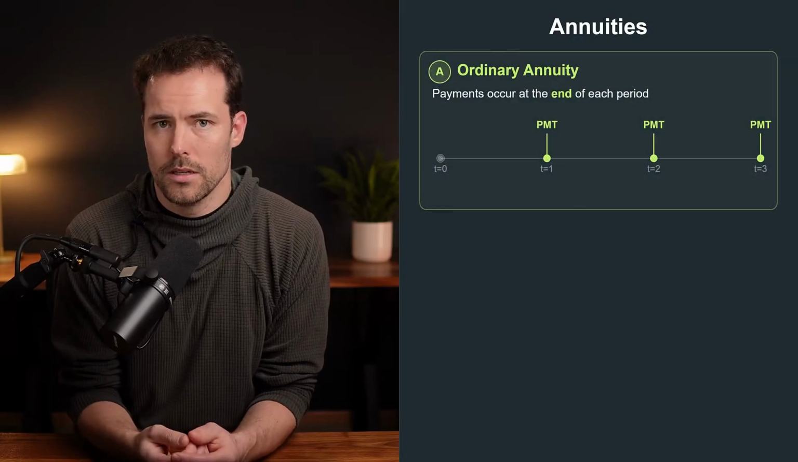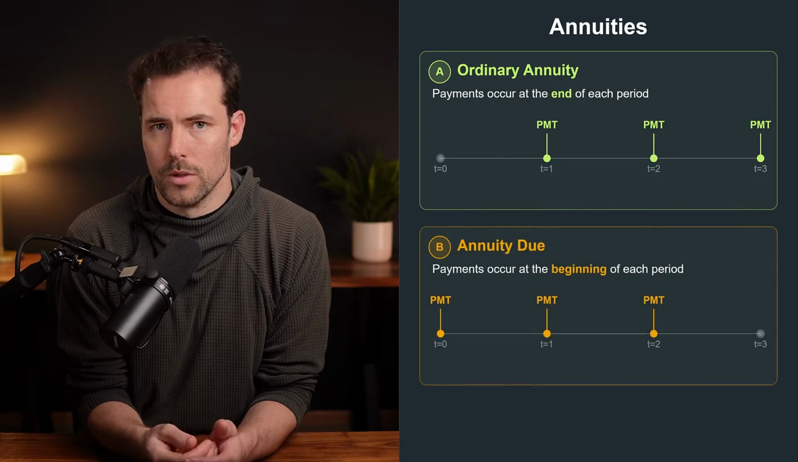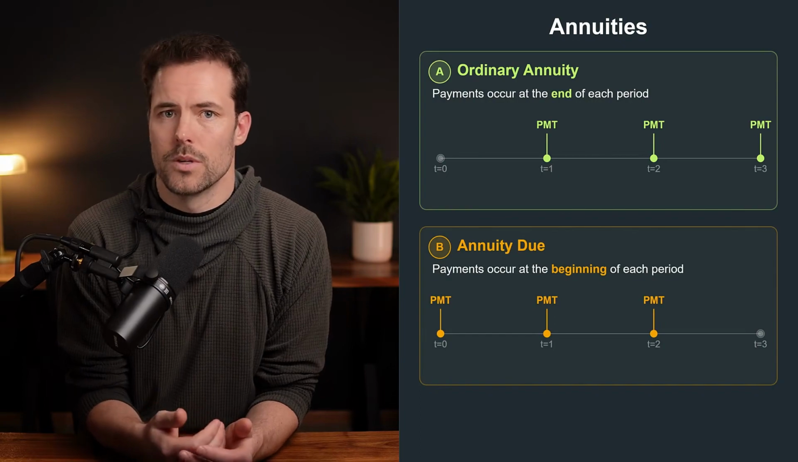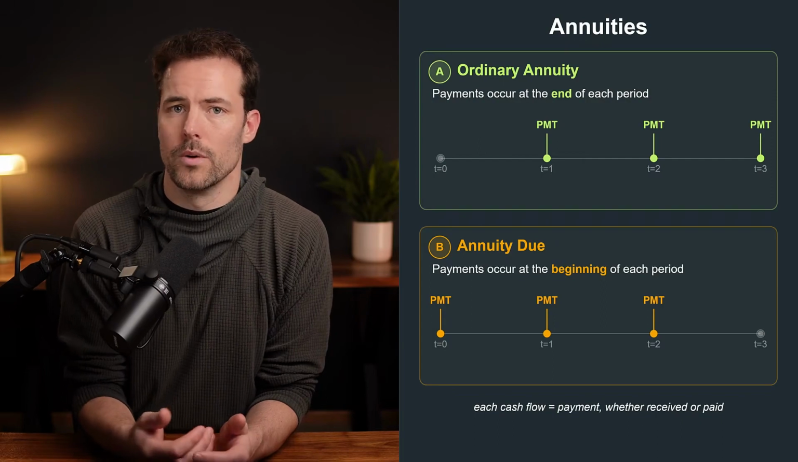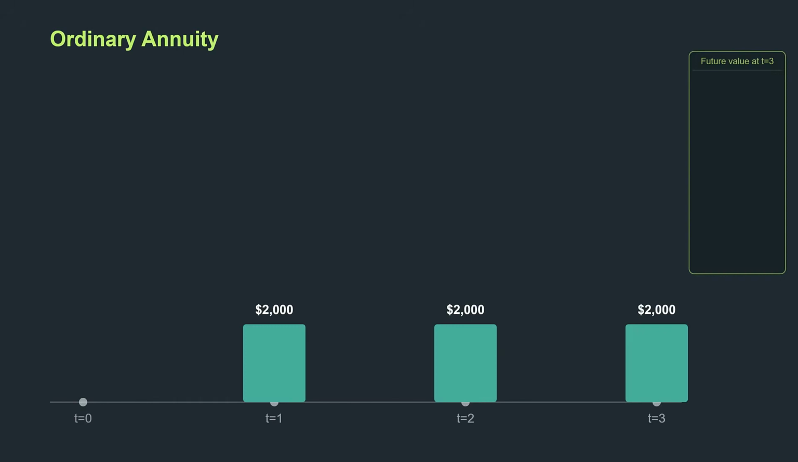So to begin, a series of equal payments made at equal time intervals is called an annuity. And annuities come in two forms: an ordinary annuity, where payments occur at the end of each period, and an annuity due, where payments occur at the beginning of each period. In annuity problems, we refer to each cash flow simply as a payment, whether the cash flow is received or paid. So a timeline of an ordinary annuity with payments of $2,000 would look like this, where lowercase t represents